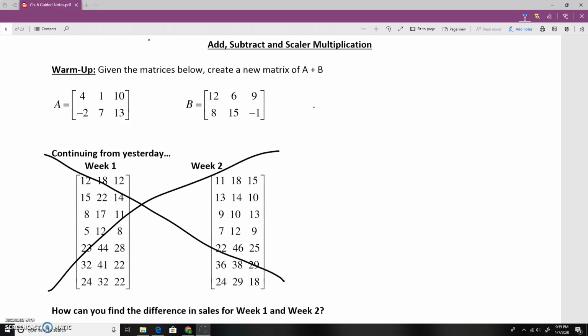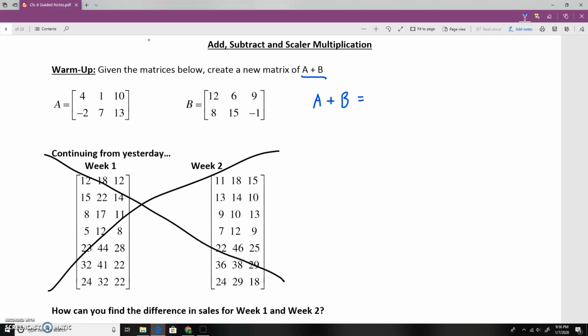Alright guys, in today's video we're going to be looking at adding, subtracting, and doing what's called scalar multiplication on matrices. So if we were given two matrices A and B, such as in our warm-up problem here, and we wanted to create a new matrix A plus B, this would be matrix addition. Remember, matrices are named with a capital letter, so if I want to symbolize this, I just write A